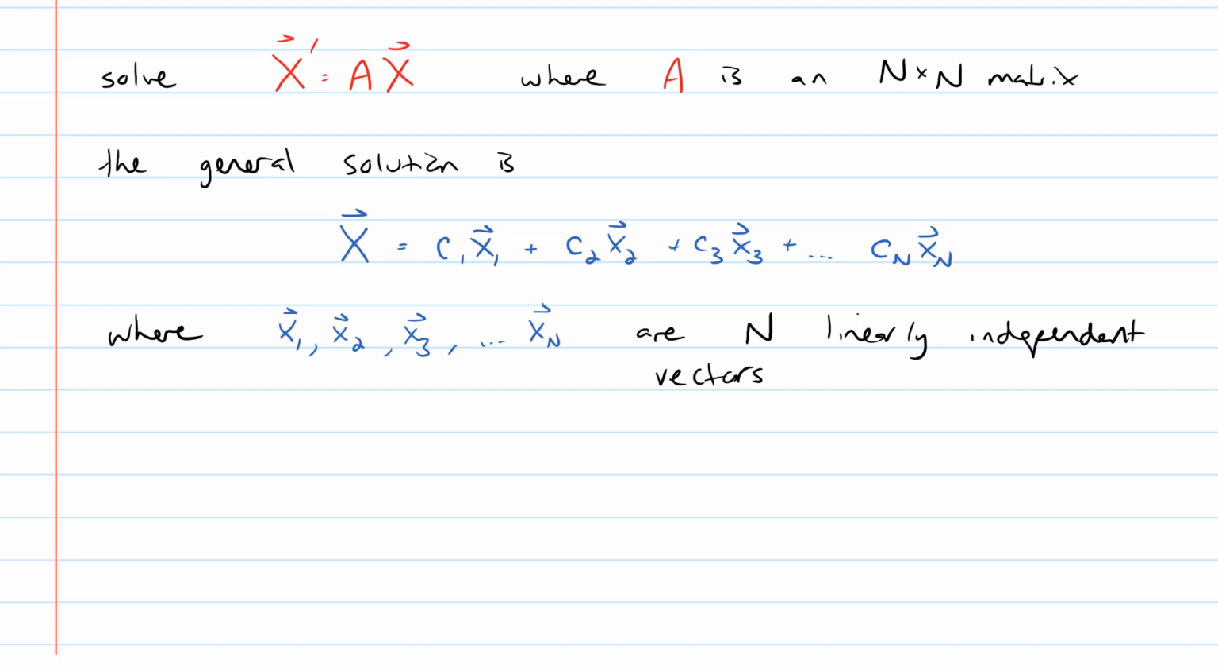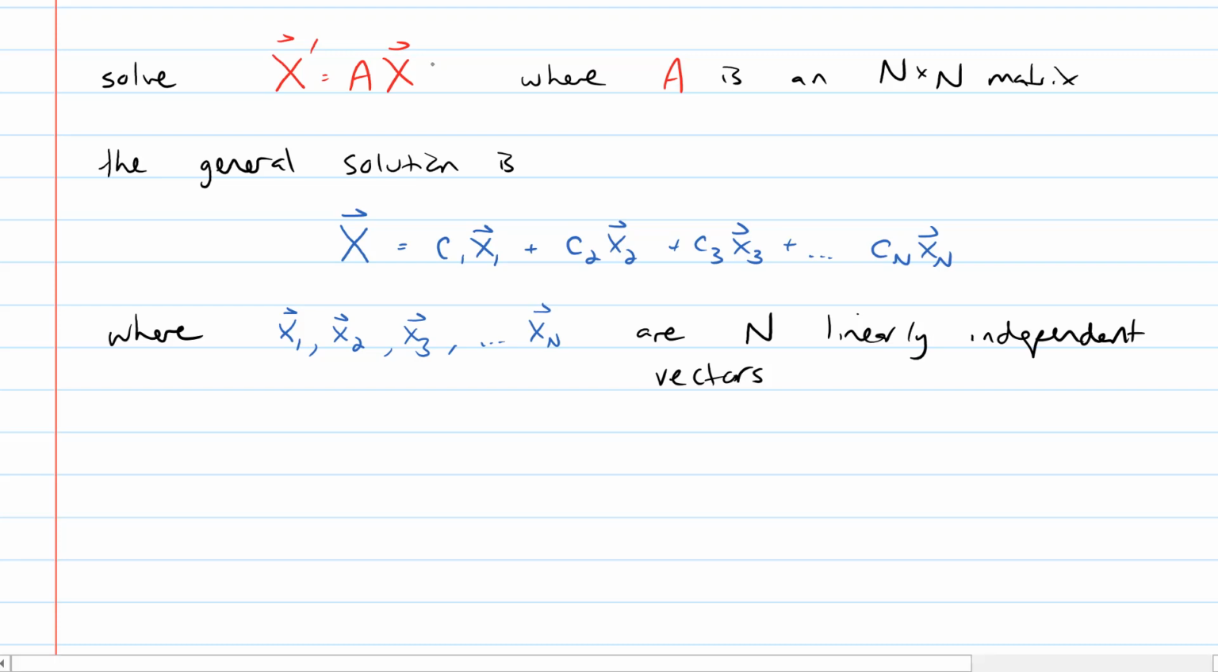Today we're looking at the theory behind solving homogeneous systems. So you can see I've already written out a bit. We're going to try to solve the vector x prime is equal to A vector x, where A is an n by n matrix. This is a homogeneous system, and the reason that you can tell that is that the